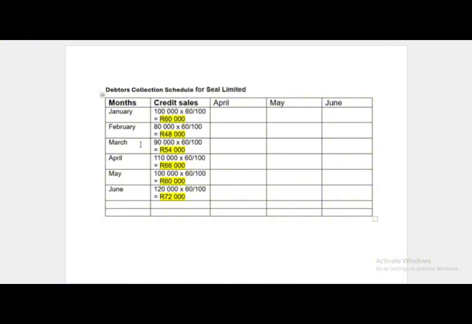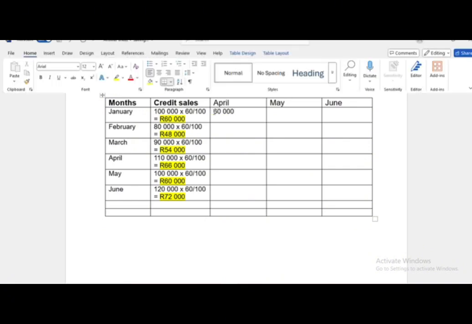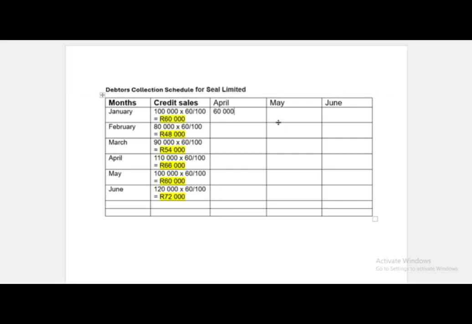March as well, the other 20% is collected in March, and it's not part of our debtors collection schedule a month, but the last 10% is collected in April. So we're going to calculate that 10% that we are collecting for the amount of January. When we collect that 10%, we're just going to say 60,000, all right? 60,000